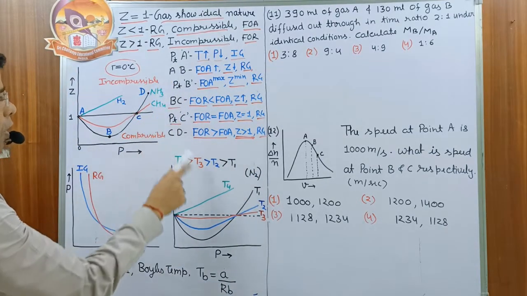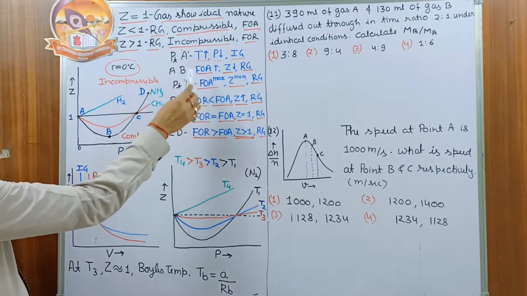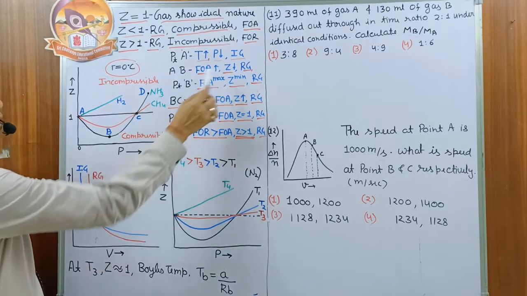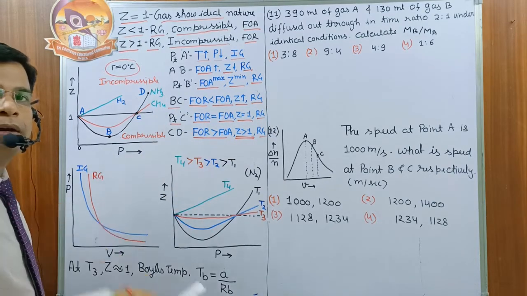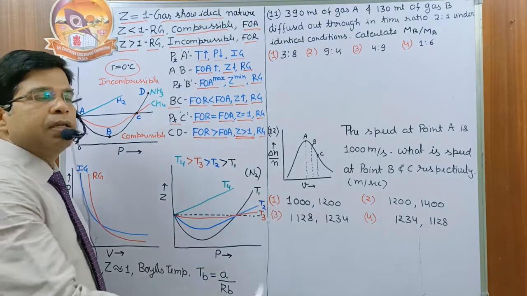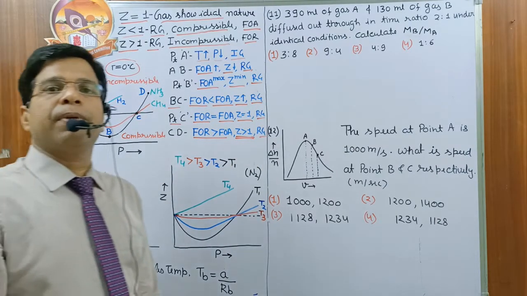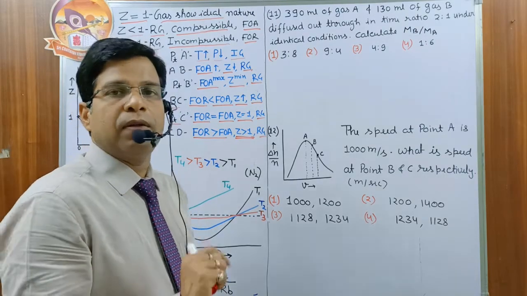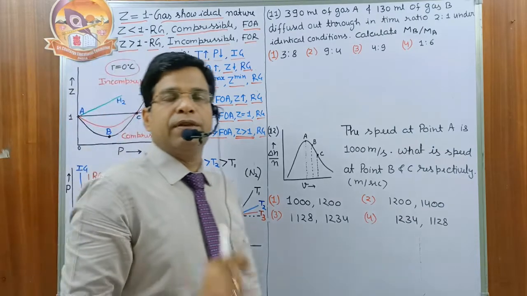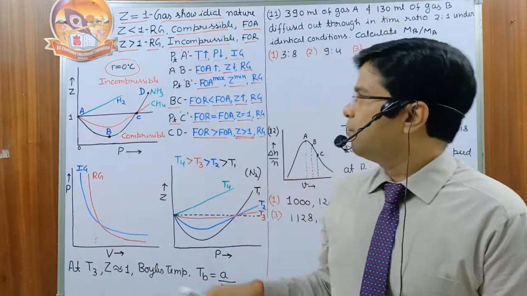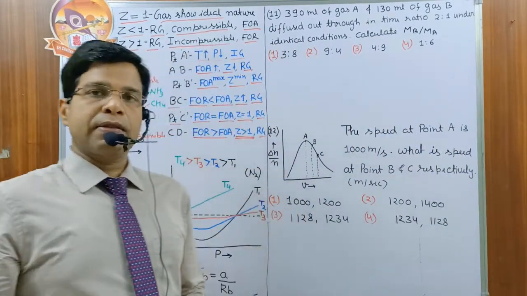And all these points I have explained as the pressure increases. From A to B, when pressure increases, the force of attraction also increases. The force of attraction increases, the value of Z becomes less, the value of Z decreases, and this time the gas is a real gas, non-ideal gas. It is more compressible than the ideal gas, and the value of Z is less than 1. At the point B, we have the maximum force of attraction. If the force of attraction is the maximum, then the value of Z has to be the minimum. At this point, the gas again behaves like a real gas. It is a non-ideal gas.